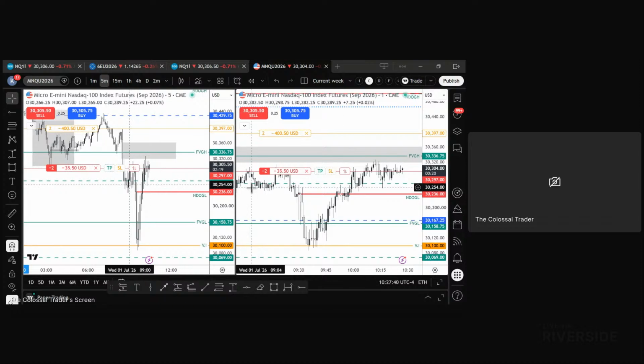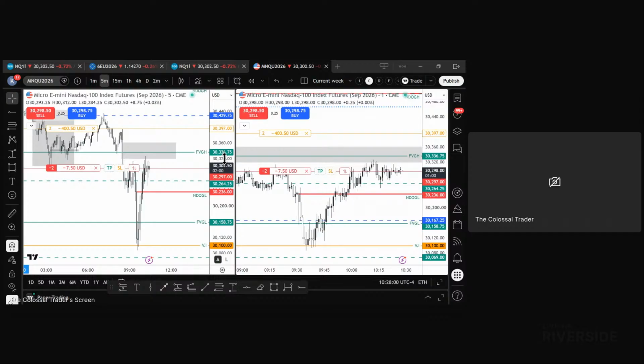You're really just holding price at this point. Holding price hostage. I wouldn't mind seeing a sweep higher, just maybe one higher. Doesn't have to do that, but